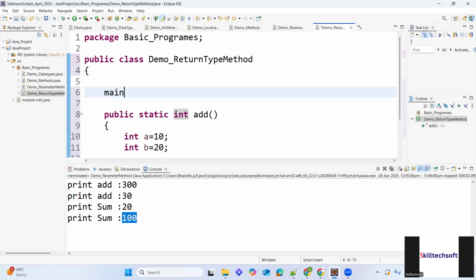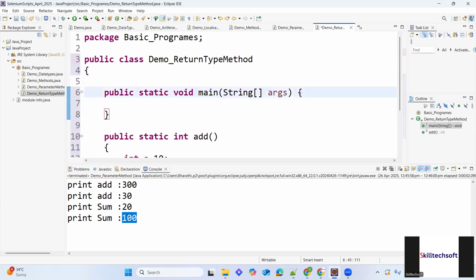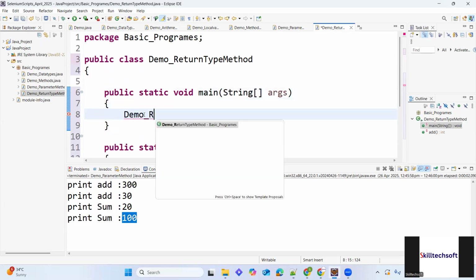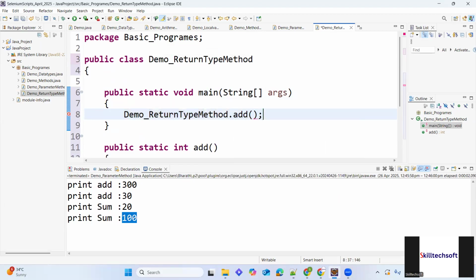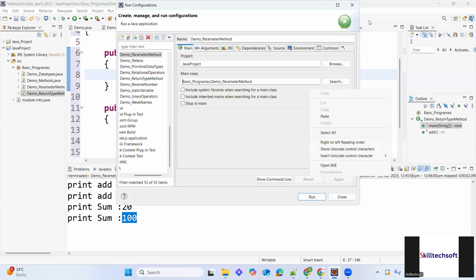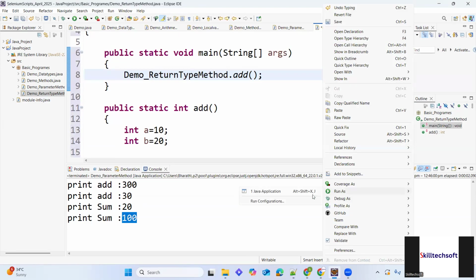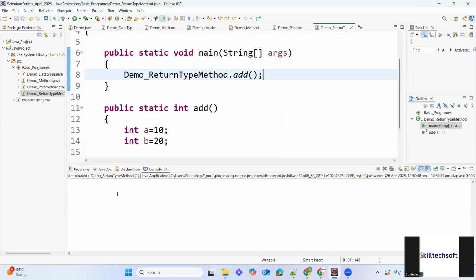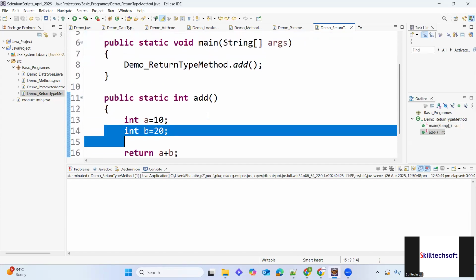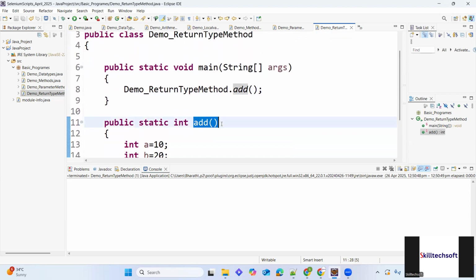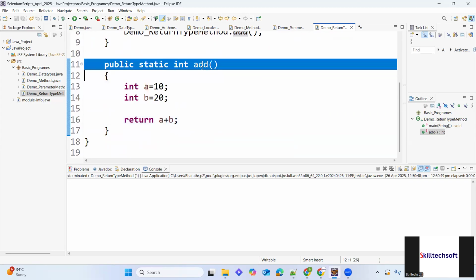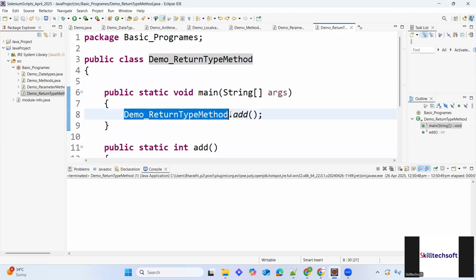If you are supposed to run this method, we can do it by using a simple main method. How? Very simple. Demo return type method dot addition. See this? Like this we can, but here we are not going to get any output, because in my addition method I have not written the statement System.out.println. What I am doing in the addition method is just performing the addition and returning that value through the method name. So now when you call this demo return type dot addition method,